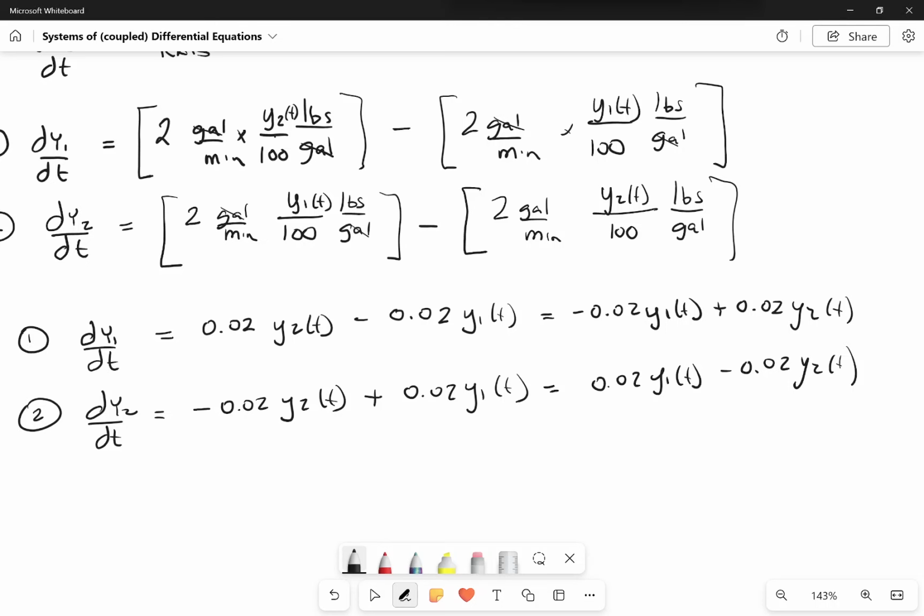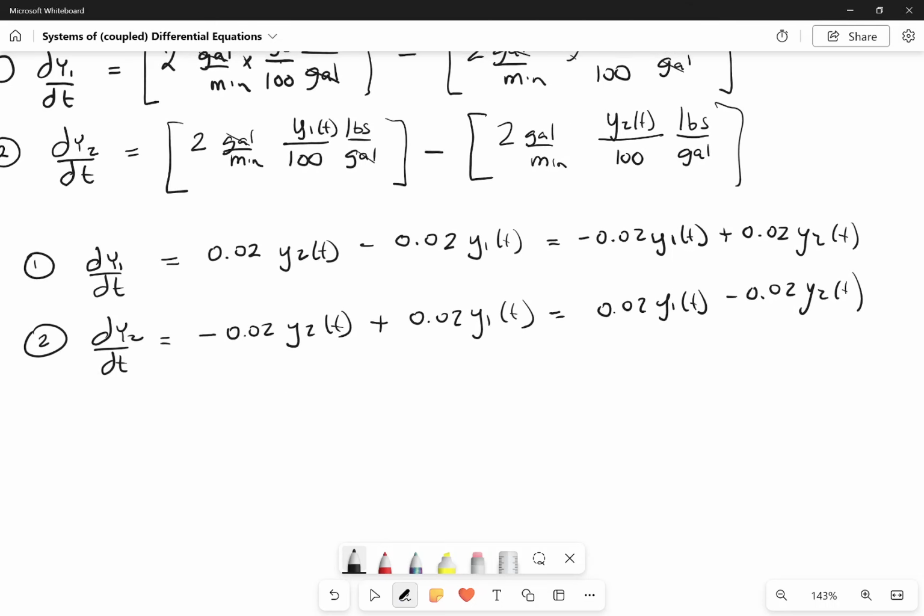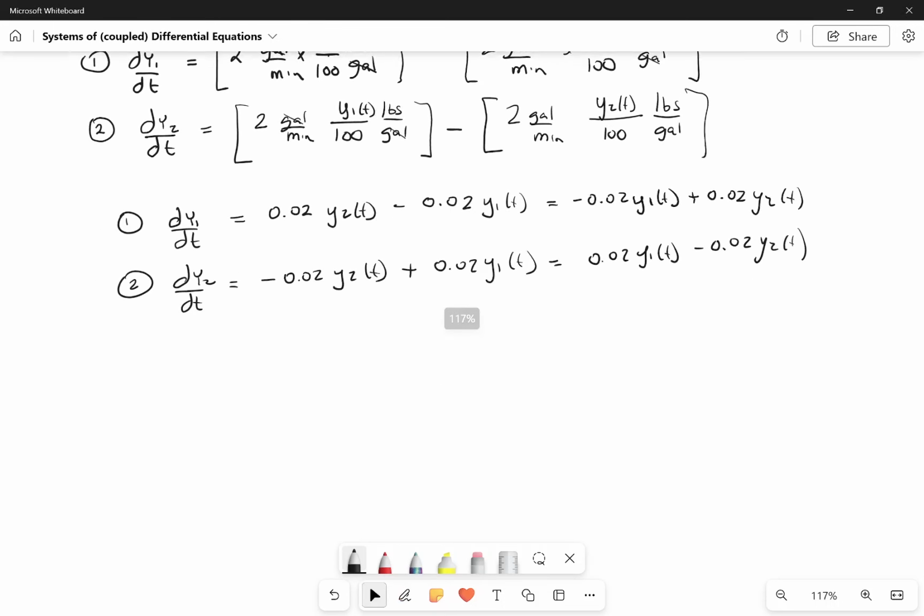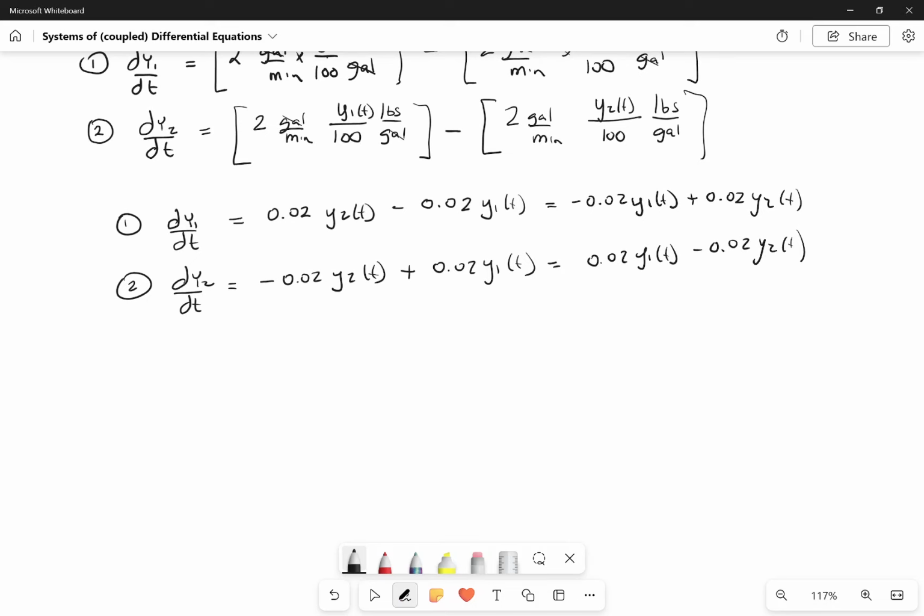Usually when you have two equations and two unknowns, what are the equations? Well, we know dy1 by dt and dy2 by dt in terms of y1 and y2. We know those. What we don't know is y1 and y2. Because we have two equations and two unknowns, we can solve using matrix methods. So if we put this into matrix form, what we have is y1 prime of t, y2 prime of t,